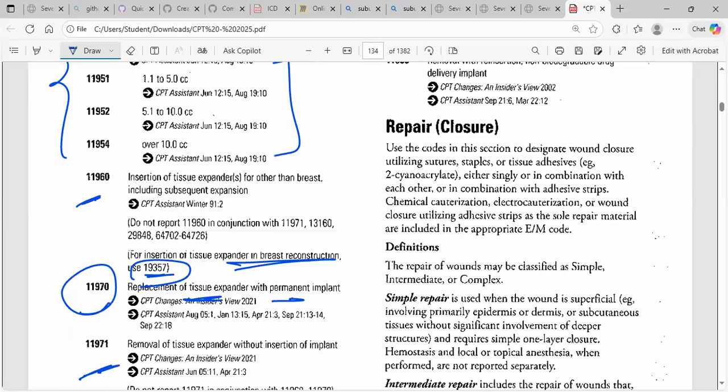Next topic is an important topic, repair. Repair means closure. So whenever there is a laceration, meaning a cut in the body, and the doctor needs to repair that wound. In that case,